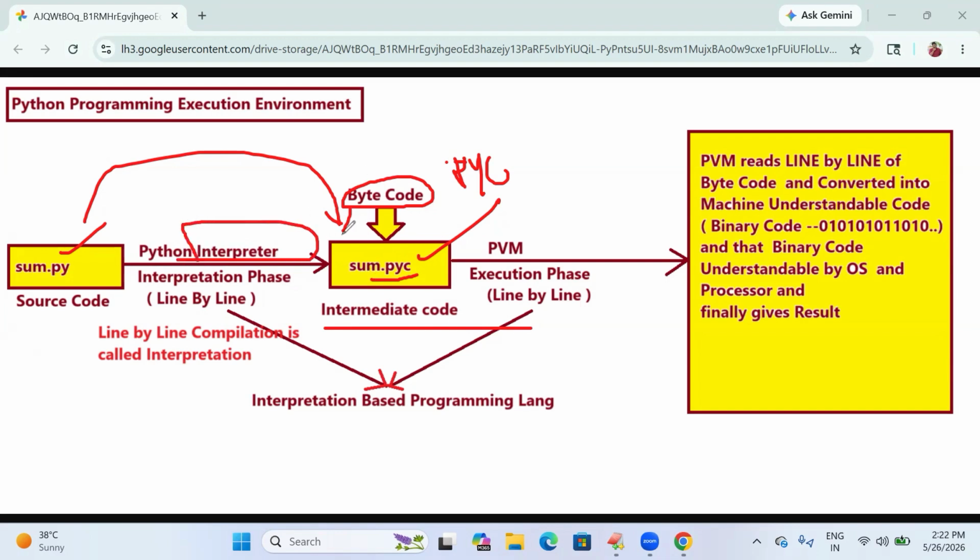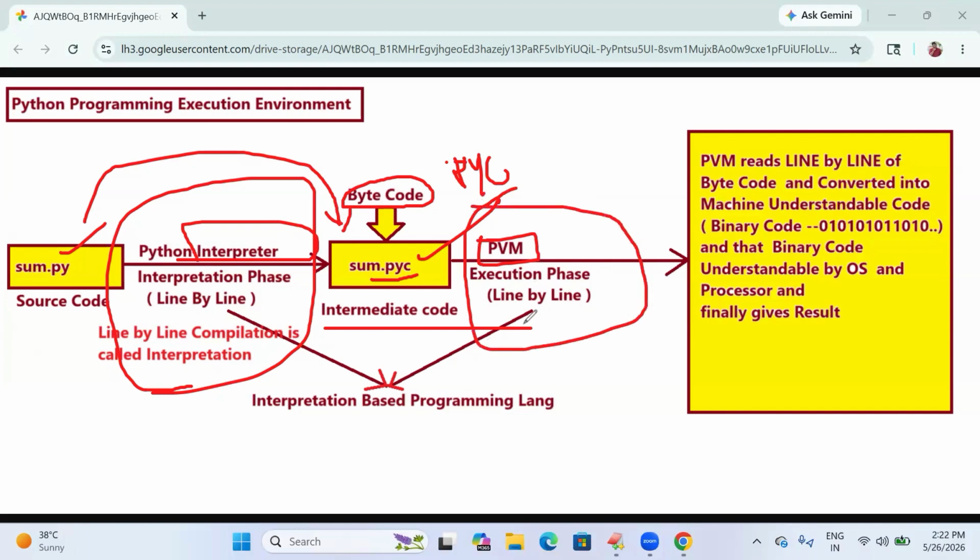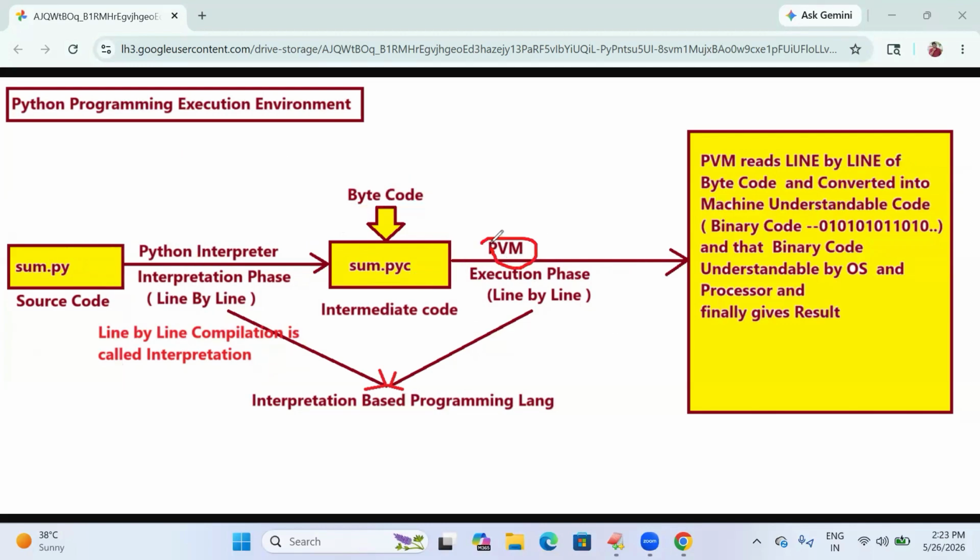Then after generating the bytecode, the PVM, Python Virtual Machine, comes into the picture. So this phase is the compilation phase, and now this phase is the execution phase. Here the sum.pyc, by using the PVM, the bytecode is directly converted into machine understandable code.